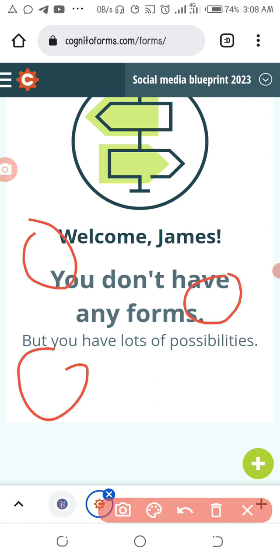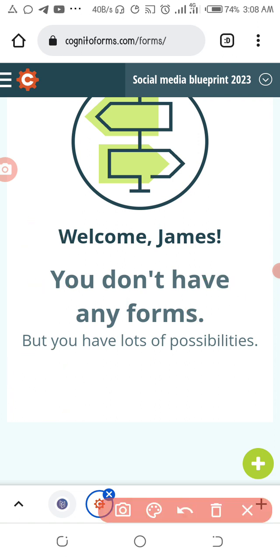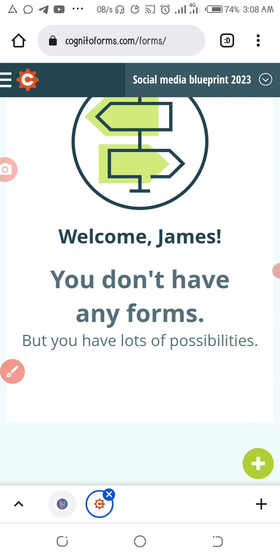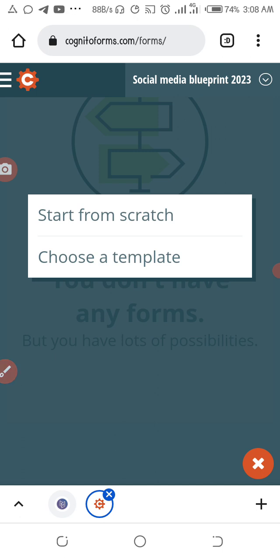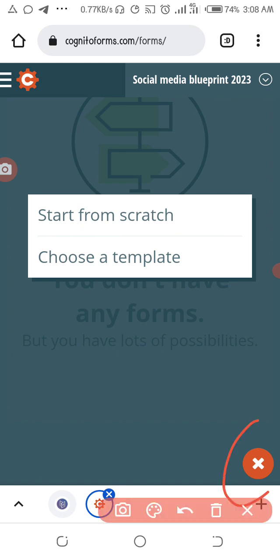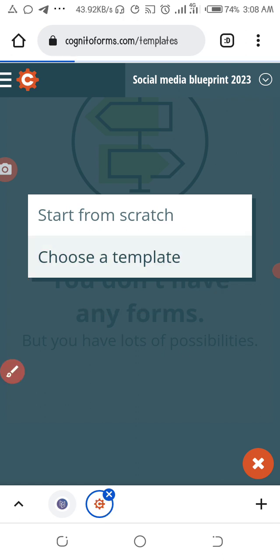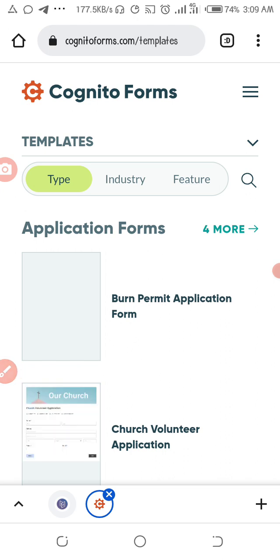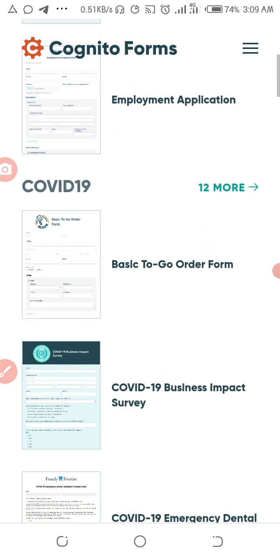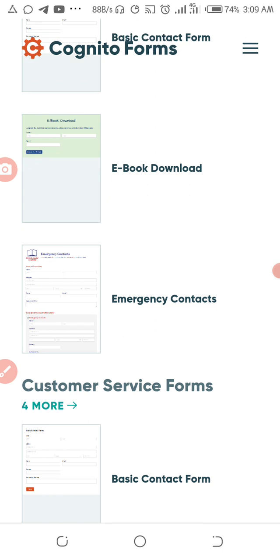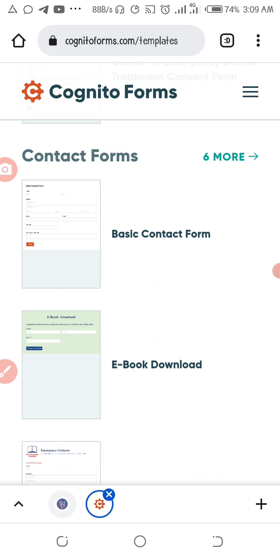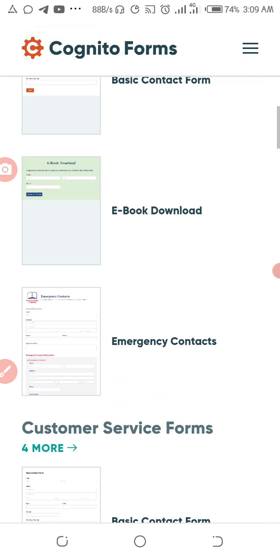So you go to this sign here, and you click on it. Start from scratch, or use a template. They recommend you use a template. So you go to choose a template. They have a lot of forms here that you can choose from, but what I just want is a simple form. I can go to ebook download form, or I can go to basic contact form,